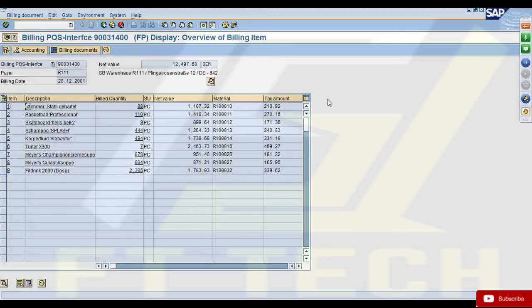For example, if I say I created a report to show plant details for a material, then the interviewer would expect that you know which table you'll get the plant details from, right? So mostly if you know the basic tables, that's sufficient. You don't need to know every table because there are thousands of tables.